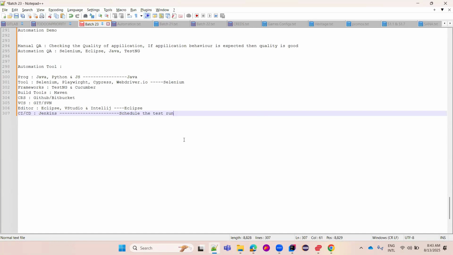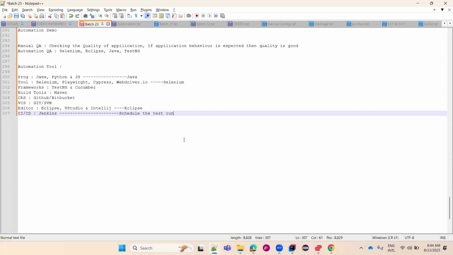Automation testing means you write a script to log into the Flipkart app, select a product, add it to the cart and verify the cart. These 4 steps you are going to automate. Once automated, if you run that script, the automation process will start. The application will open by default, the username and password are taken from the script and it gets logged in. Then it checks the product we expected to be selected, and after that it should be added to the cart. All these 4 steps will happen through automation.